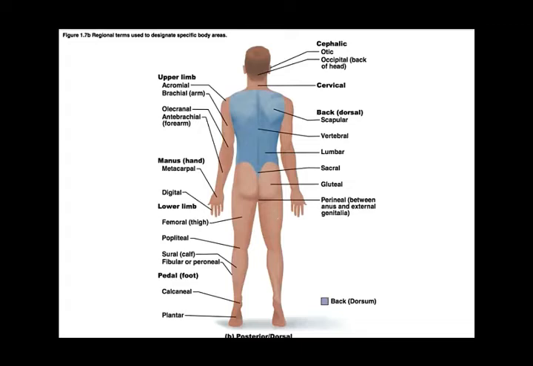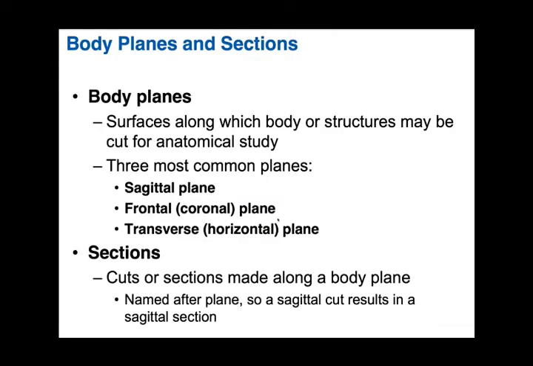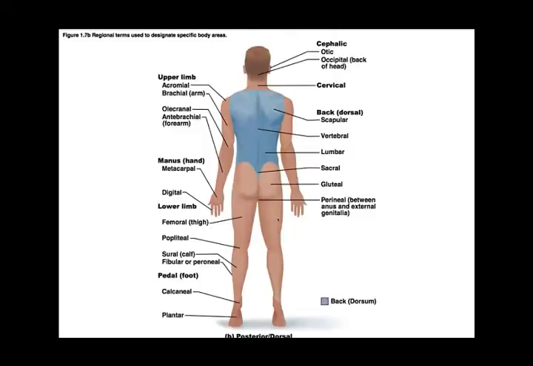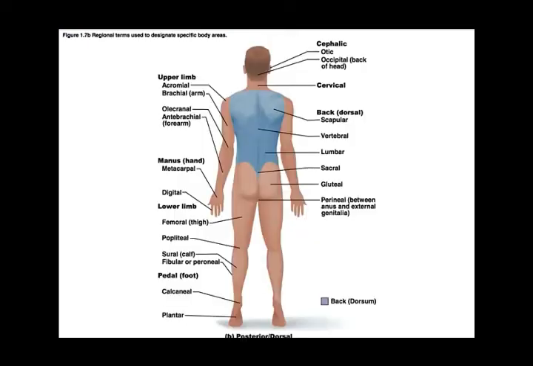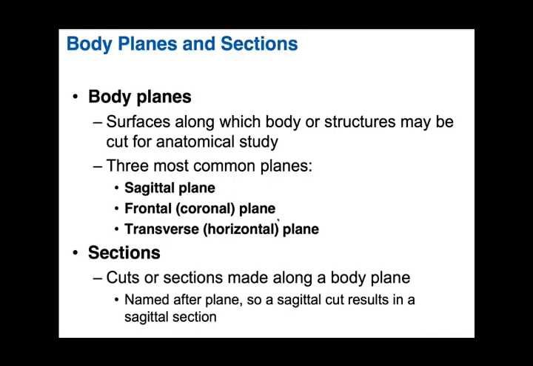The perineal region is between the anus and the external genitalia of our human body. It is visible when you are looking at the posterior or dorsal part of our human body. Now, as we have discussed the directional terms and the regional terms, next comes the discussion about the body planes and